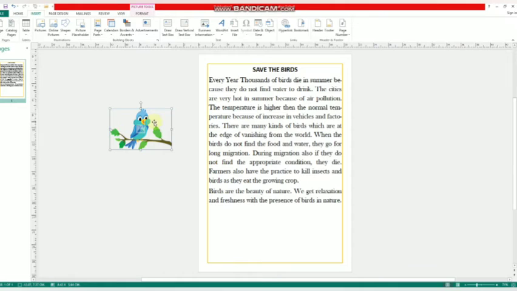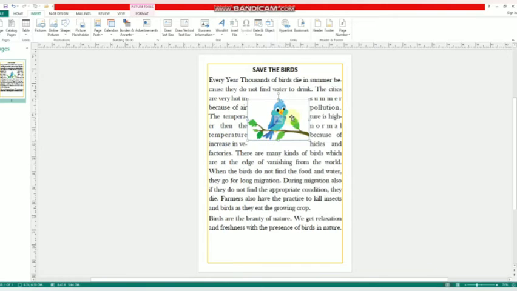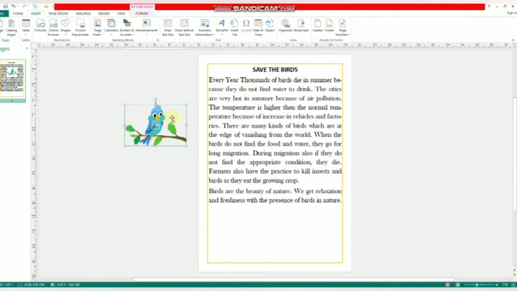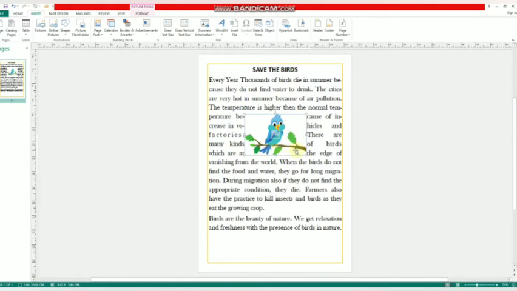Select the picture, the pointer changes to a four-headed arrow. See here, this pointer changes to a four-headed arrow within this picture. Then drag the picture to the new location, or to the scratch area, or in the Publisher page. As you move the picture, Publisher displays a visual layout guide to help you place and align the object with respect to the other objects on the page. Now release the mouse button to finish moving the object. So, with this four-headed arrow you can drag and move the picture within this Publisher page like this.